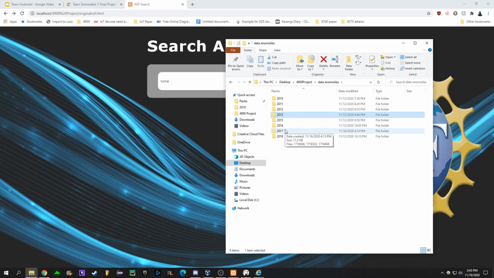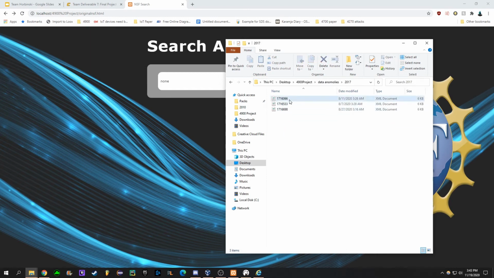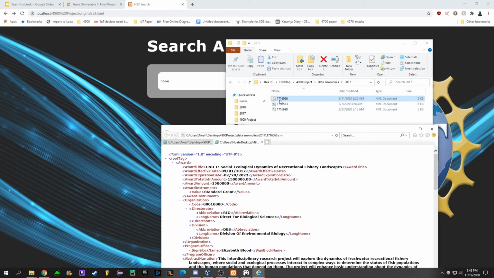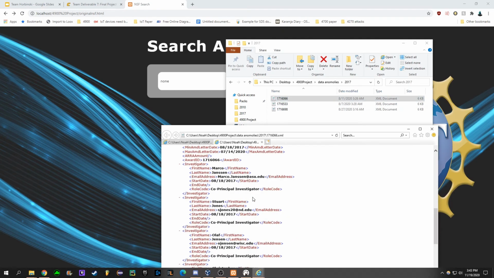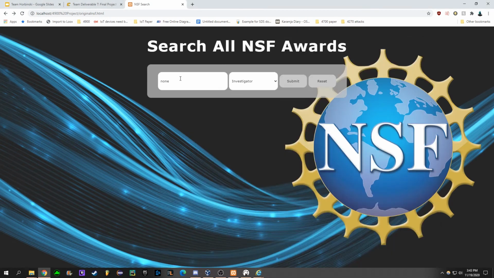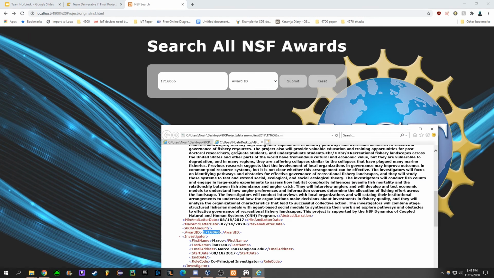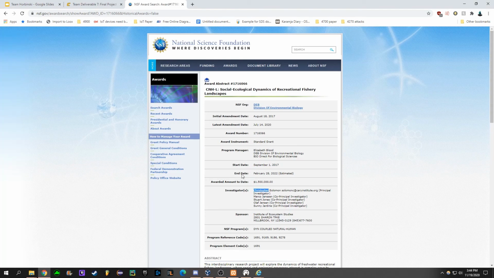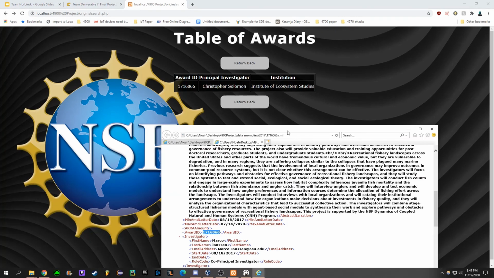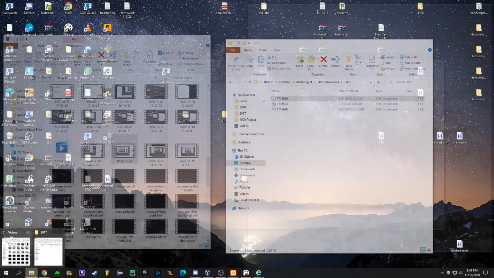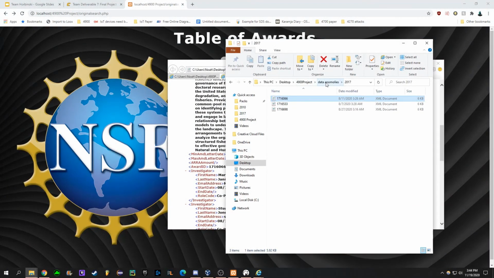The last data anomaly that we really encountered was duplicated data. So if I go here, as you can see, 176066, I can quickly copy this award ID. As you can see, it is here, and everything lines up perfectly fine. But if I go ahead and copy this and go to the actual files,